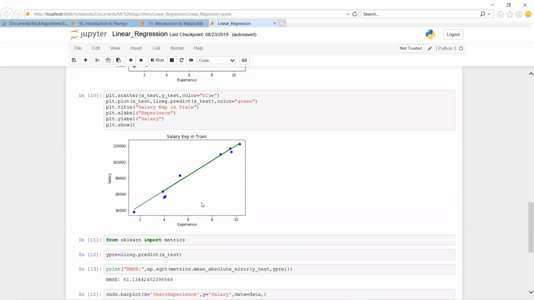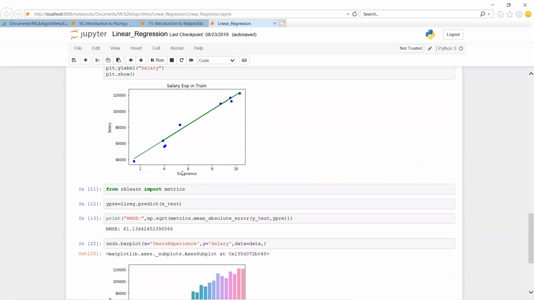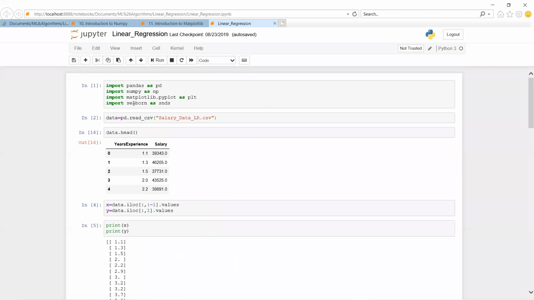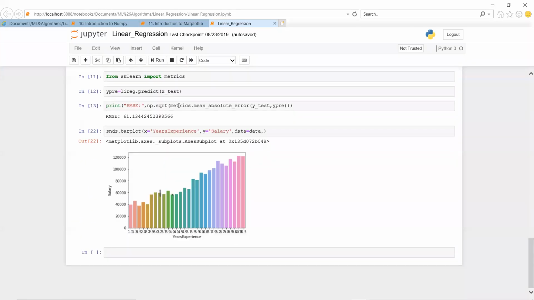After getting that information, we are going to plot the data by using sns. At the starting we imported seaborn as sns. By using that sns, we are going to show the results. Our x-axis is years of experience, and the y-axis is going to show the salary.